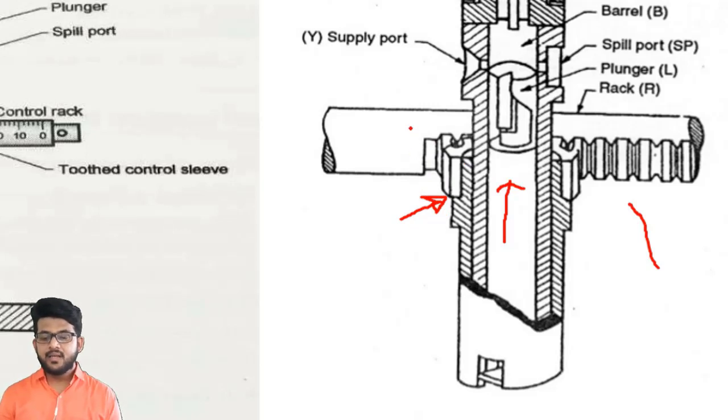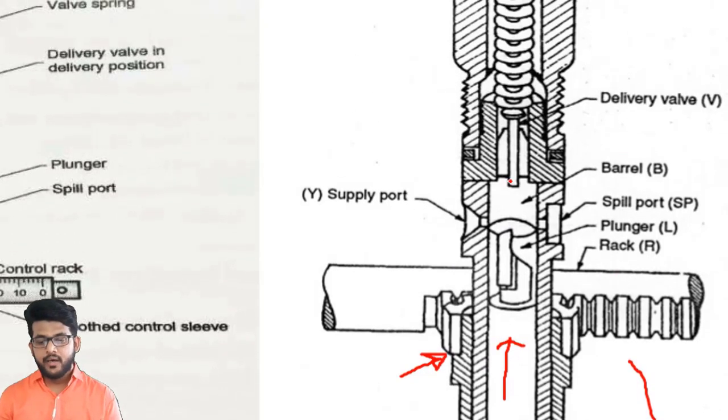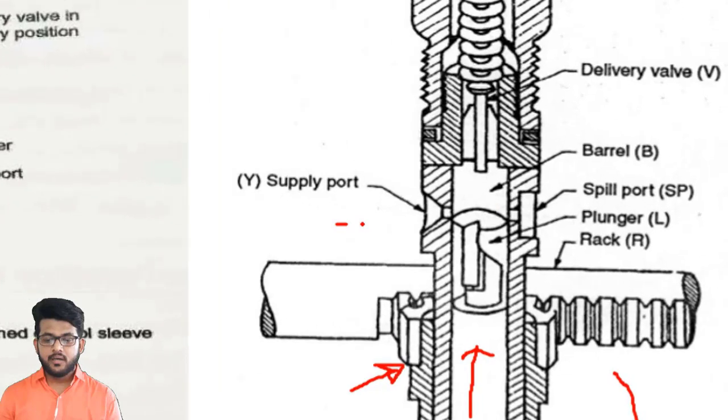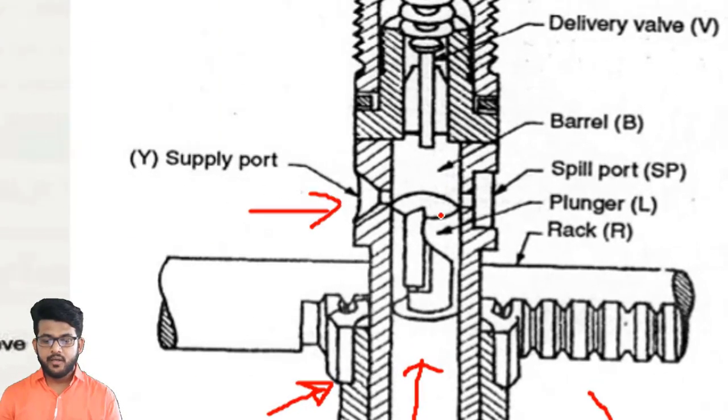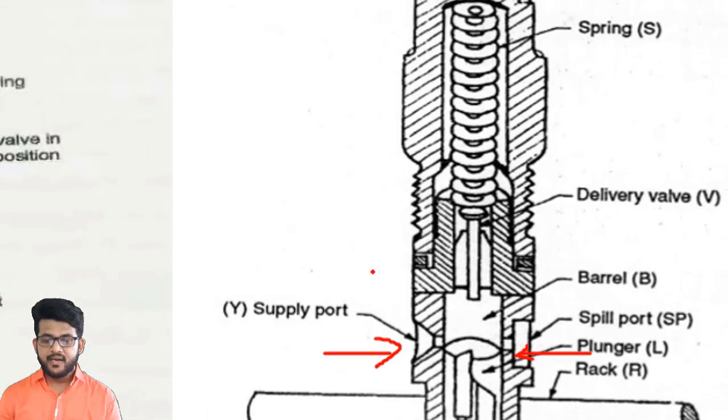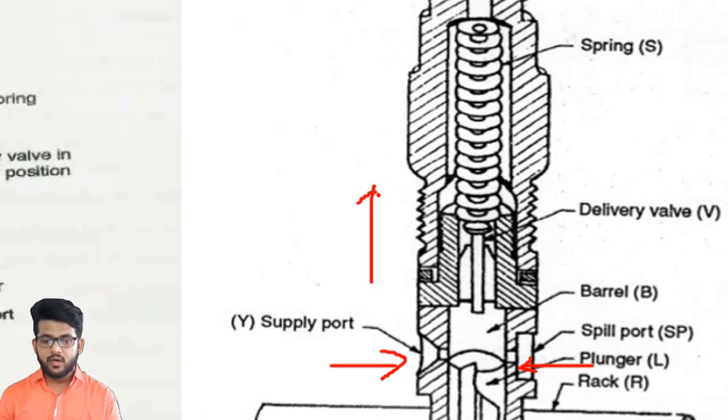So now what is happening? Whenever the required amount of fuel is inside it and the required amount of pressure is built, this spill port will be opened and all the pressure will go outside. So it is our inlet port, it is our spill port, it is our inlet port. Fine. It is our spill port, and from the upward side it is our outlet that is going upwards,